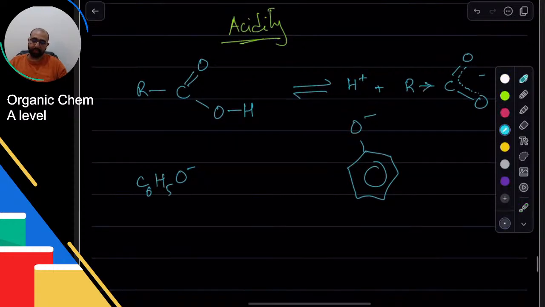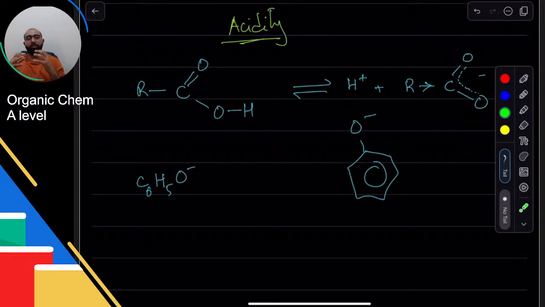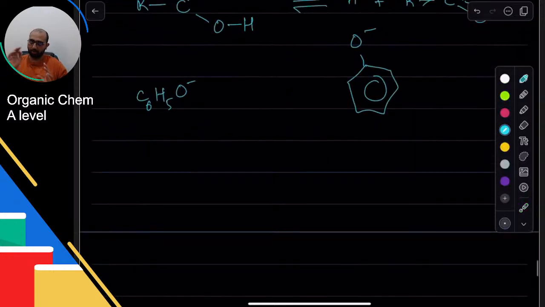उसकी वजह ये कि alkyl has a positive inductive effect, and because of that positive inductive effect it makes it more negative. जिसका मतलब है कि even though it's distributed over less area it still has a stronger negative charge. Okay, so इसकी जो strength है वो उसकी वजह से ज़्यादा हो जाती है. लेकिन अगर मैं यहाँ पे थोड़ा सा चीज़ चेंज कर दूँ,